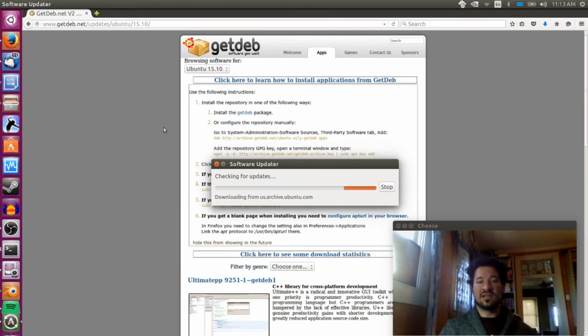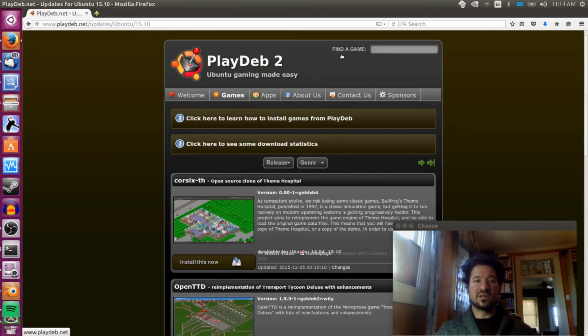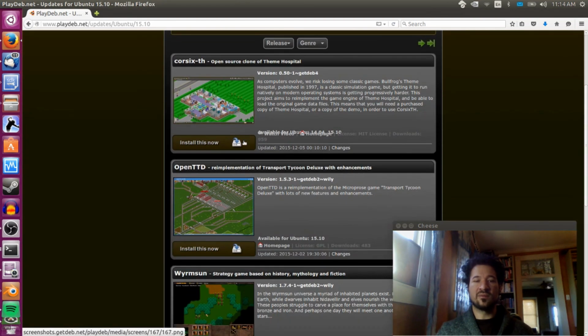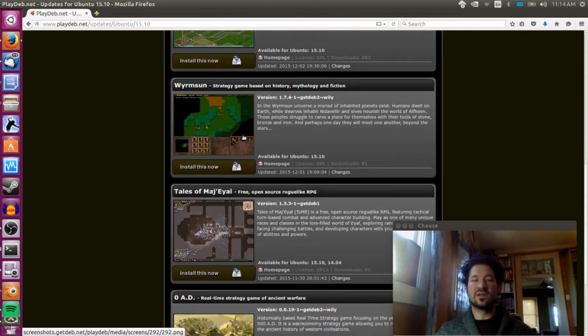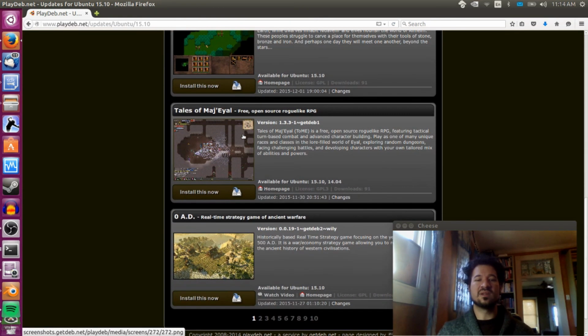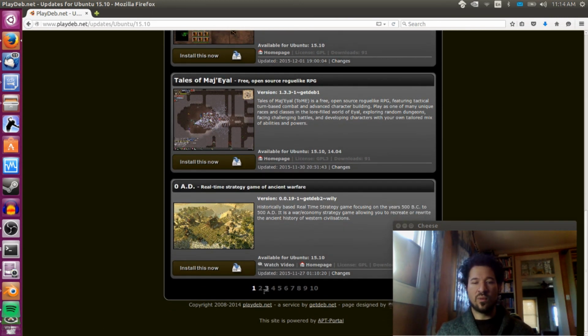The GetDeb repositories also added one other feature that is pretty fun and pretty crazy cool. If you're just browsing around on PlayDeb here and you're looking for applications, and some people prefer this over using the Software Center or the built-in browser that the Dash provides, and say you want to install,